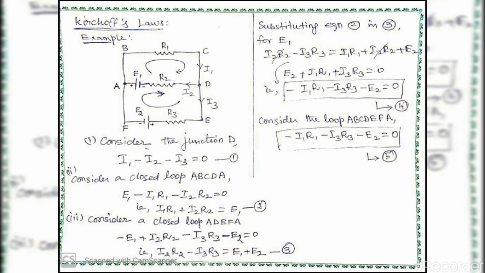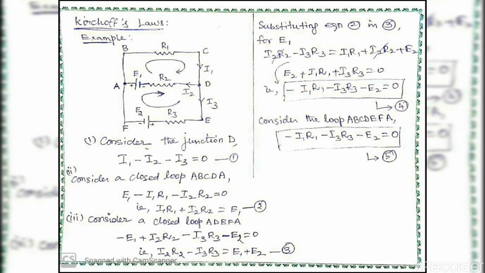Now apply the second law to the loops of the circuit. First, consider the loop ABCDA. Here two resistors are there and one EMF also. For those we should consider the sign conventions. We know that for a potential rise, the sign is positive, and for a potential drop, negative. So we'll go from A to B, C, D, A.